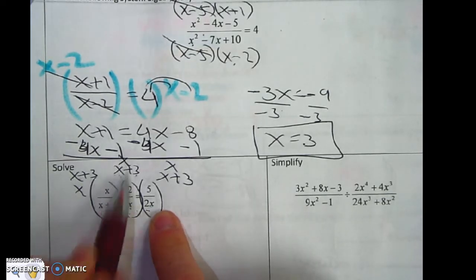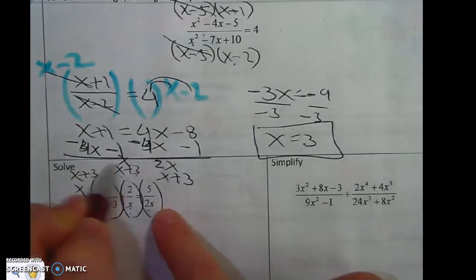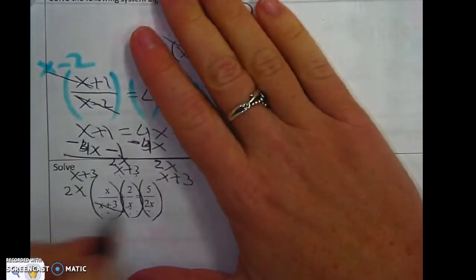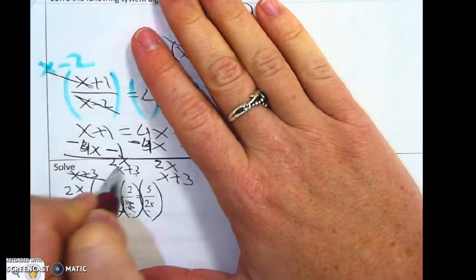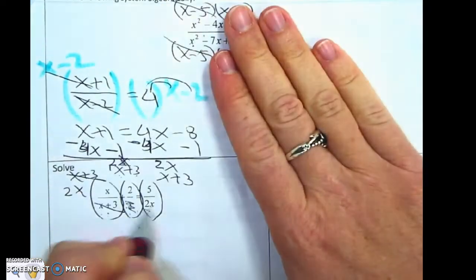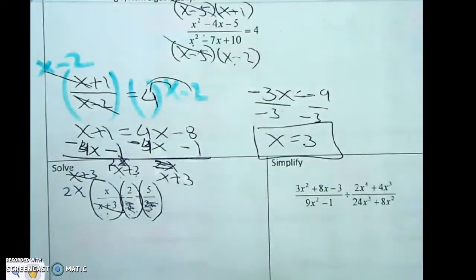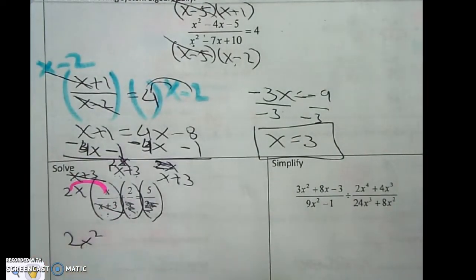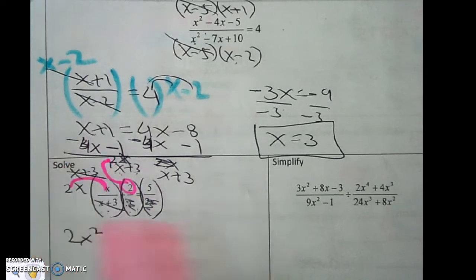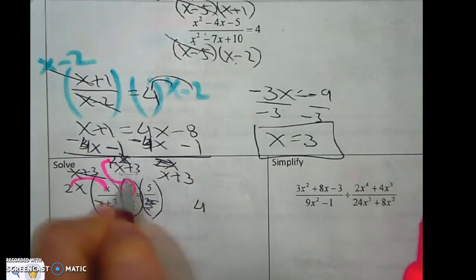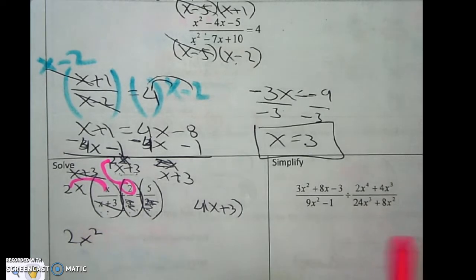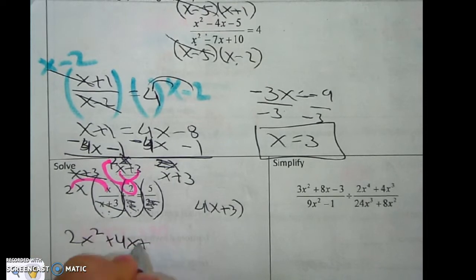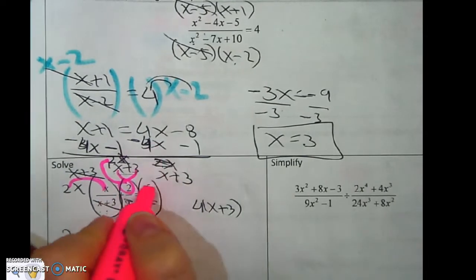Well, I already gave the X from the second one, so I'm just going to write a 2, a 2, and a 2. Now I'm going to cross off x plus 3, x plus 3, x, x, don't forget the 2, 2x, 2x. Well, let's write what's left. 2x times x is 2x squared. 2 times 2 is 4, but then I have the x plus 3, so I don't want to forget to give to that. So I get plus 4x plus 12 equals, and then I distribute,